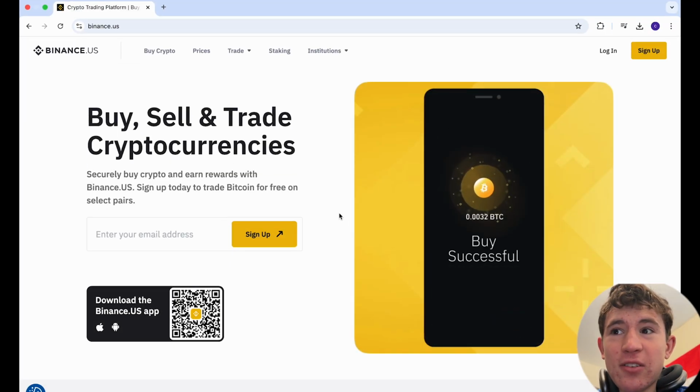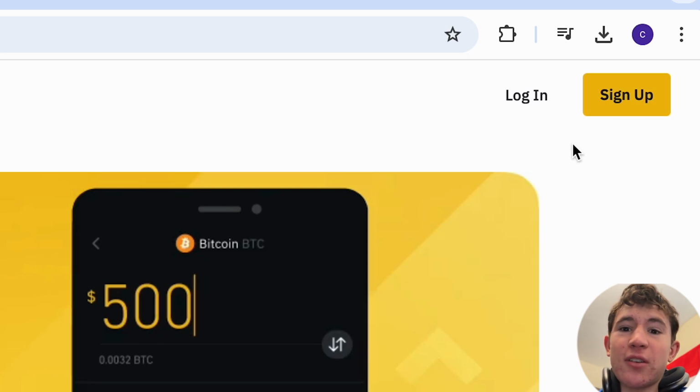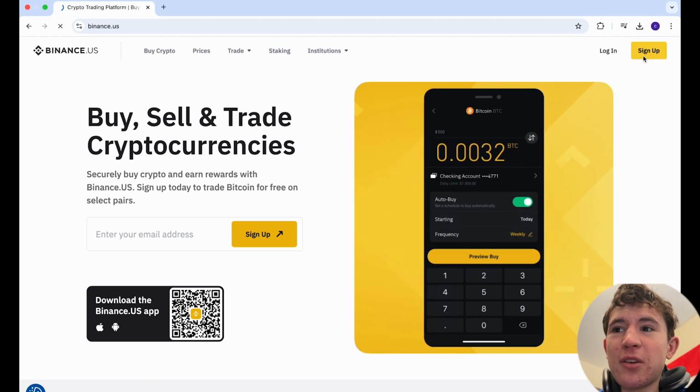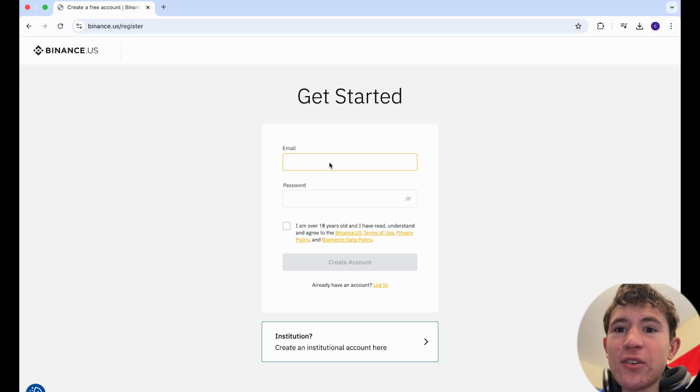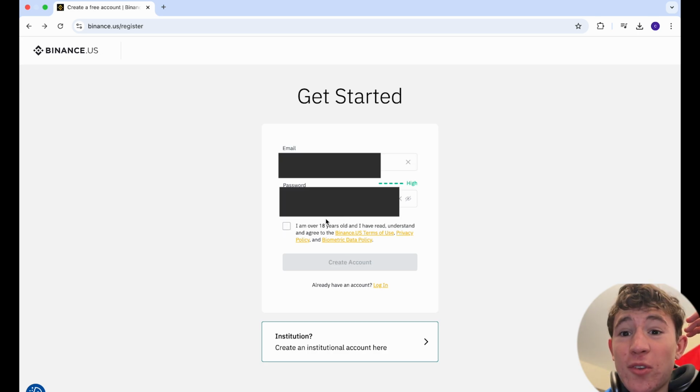Now, when you're on this site, you're going to want to go in the top right corner and click on the sign up option, unless you do have a login, which you probably don't. You click on sign up and enter your email and the password that you want to get started. Once you've done that, you just want to check this box, making sure that you're over 18,